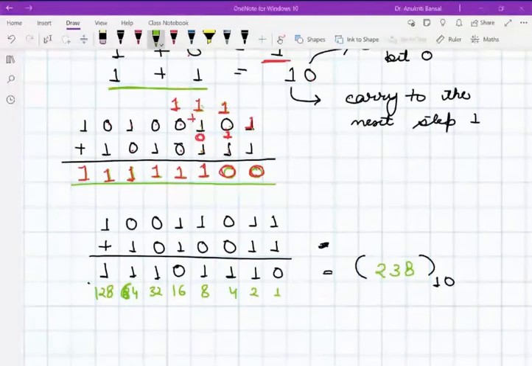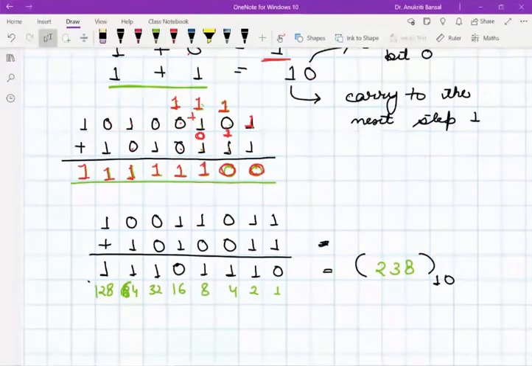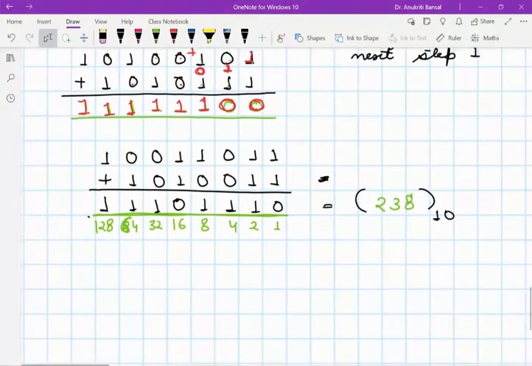So is this the output everyone is getting, or someone is getting different output? मैम 239। No, ma'am, 246। 238. Ma'am, 238 is right. 238 जा रहा है मैम। और बाइनरी में एडिशन में यही आ रहा है सबका, या कुछ डिफरेंट आ रहा है? यही है, मैम। ओके।